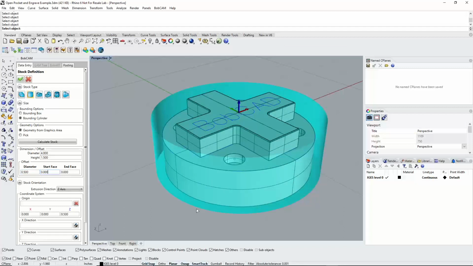Now, what you want to realize when you're doing this diameter offset is it's a 1/2 inch total. So right now, the total diameter is going to be 4.5. So that means we added just 1/4 of an inch on either side, and that'll be material we can take down. But I'm not going to add any offsets to it for the diameter. The start face is where we would define